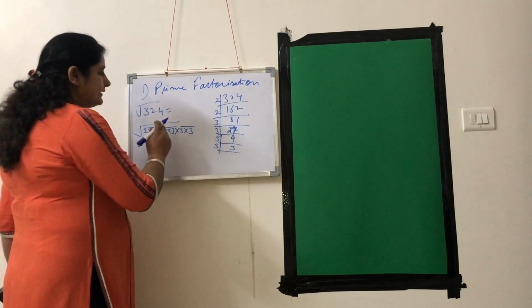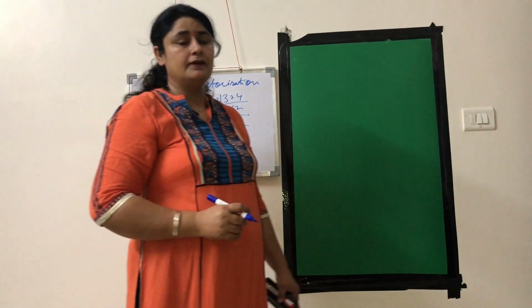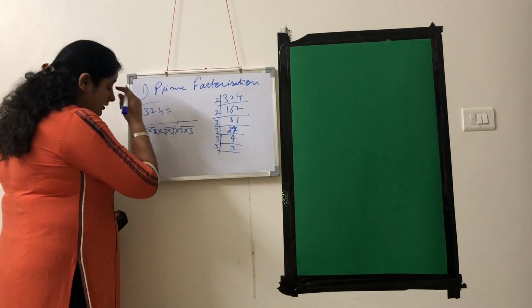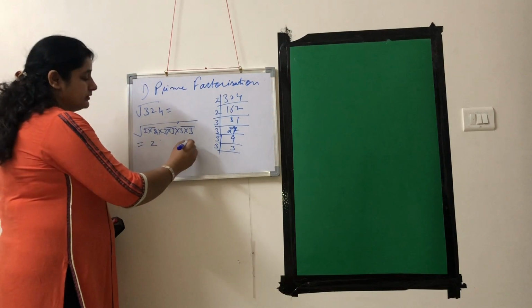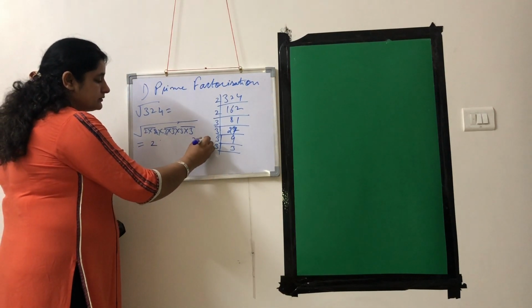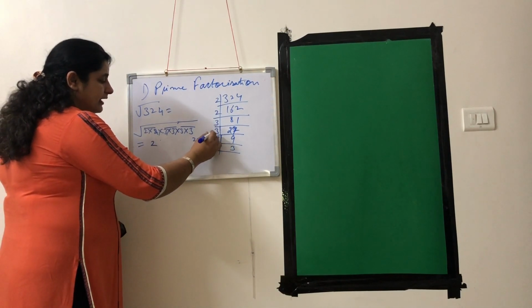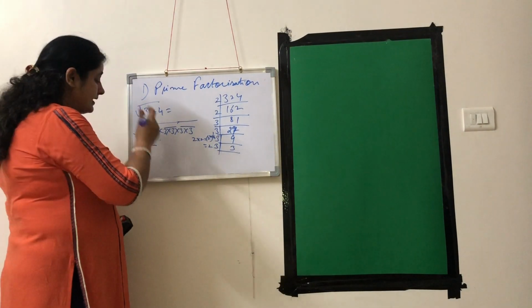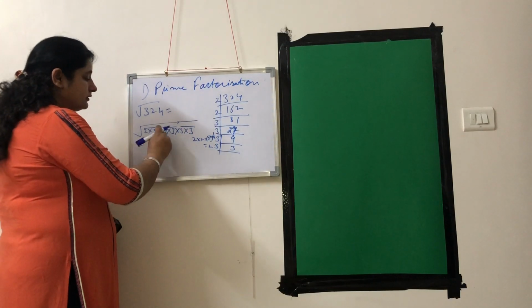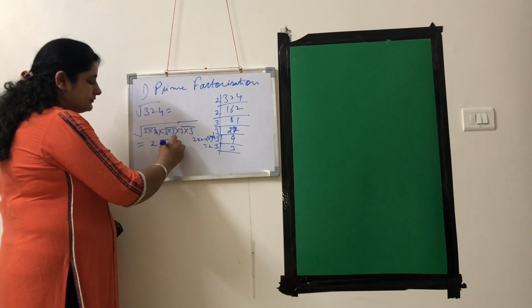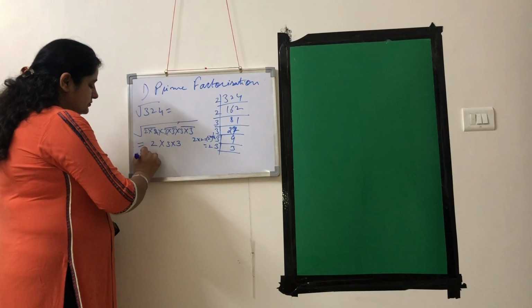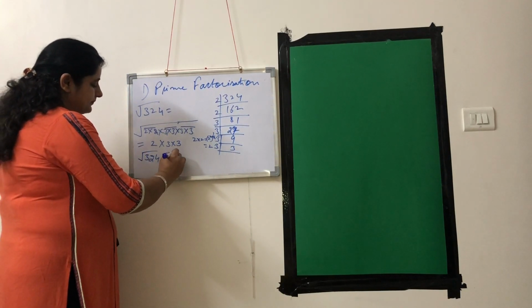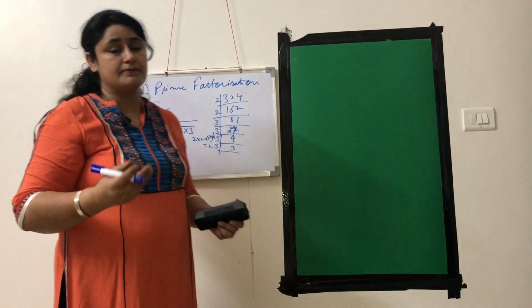So when you want to calculate the square root of the given number, we will take 1 with 2, because 2 multiplied by 2 is equal to 2 square. So when we halve the power, it is equal to 2. From here we can keep 1 two out of the pair. Similarly 1 three out of the pair. Again 1 three. So the square root of 324 is equal to 18. So this is a very easy method.